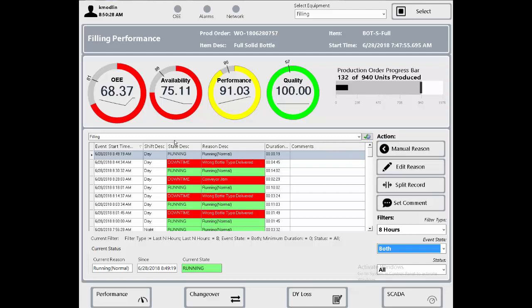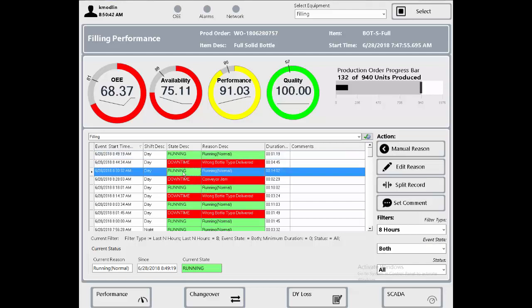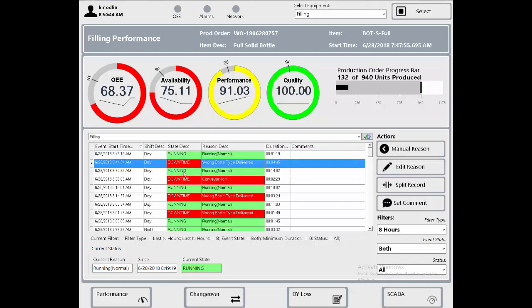The main part of the screen is a chronology of events for the last 8 hours. I've got this filtered for the last 8 hours, but we could filter it for the current shift or 24 hours or many other types of filters. Notice that these events are color coded, so running events are in green, down events are in red, and for us, changeover events are in orange. By the way, these colors are all